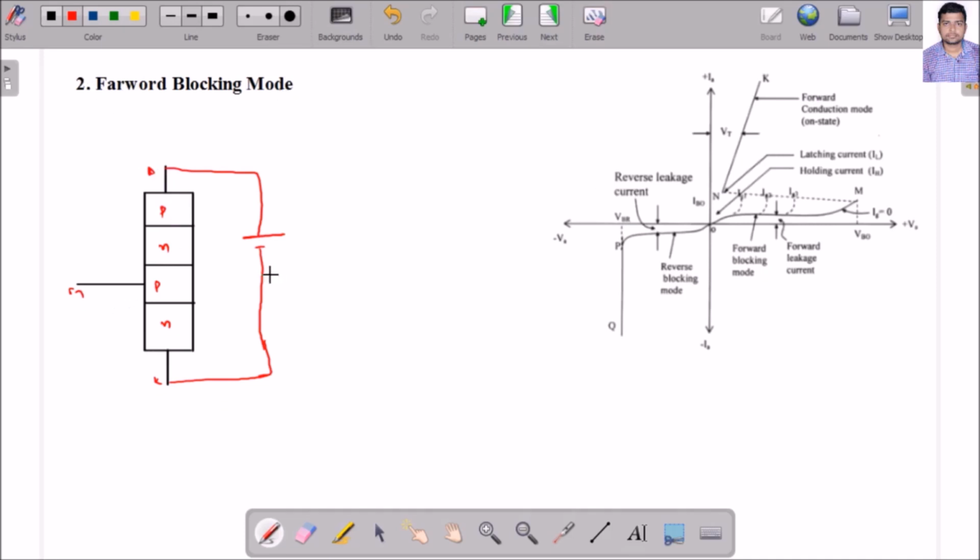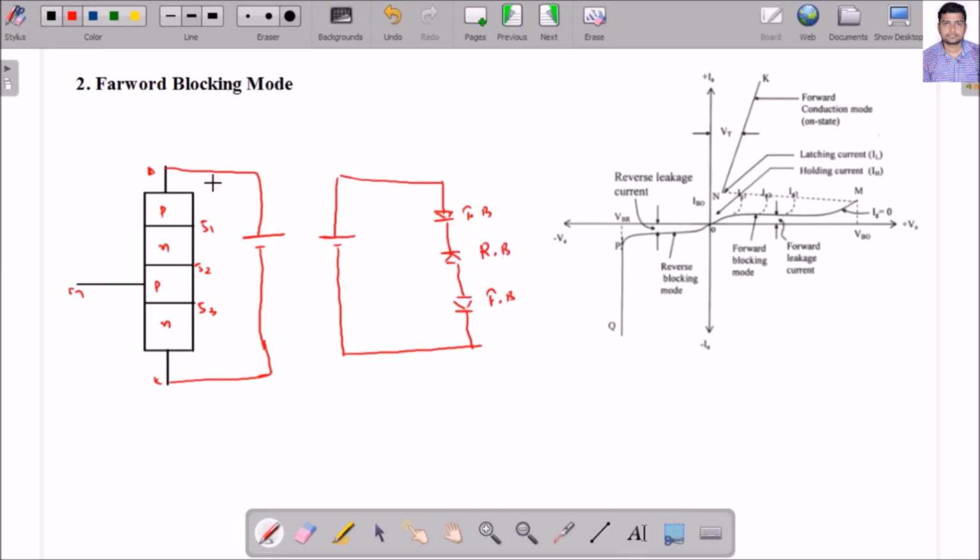Again if I plot in the same format as a diode, then it is the positive supply. The first junction is J1, then J2 and J3. It is P and N, so the diode structure will be like this. Similarly junction J2 is NP, so I will plot it opposite. Again it is PN, so the diode structure will be like this. Clear? It is connected to positive, so this diode will be forward bias. Here the cathode is connected to negative, so it is again forward bias. But here, the middle one, I can say it is reverse bias.